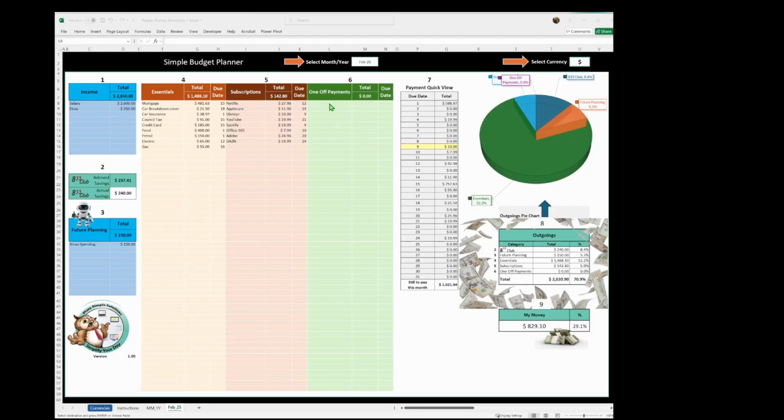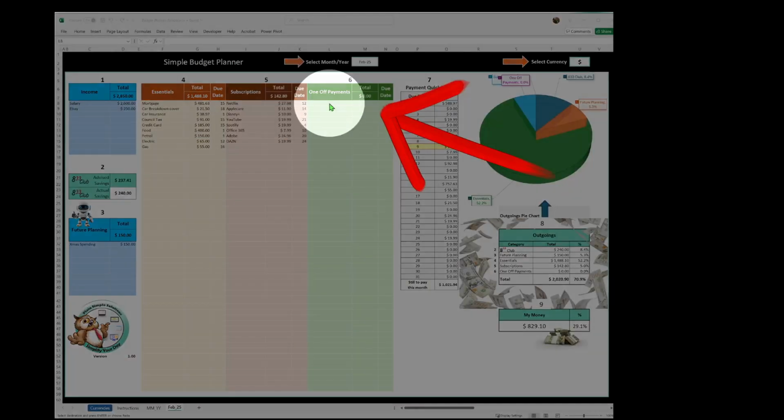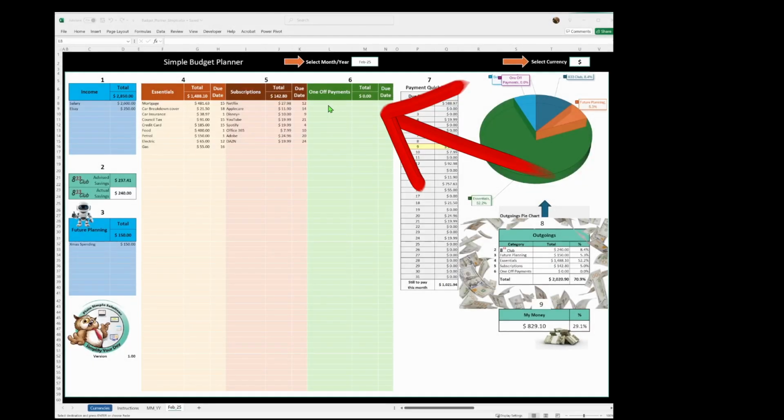The next section we're going to fill in is the one-off payments, and that's section number 6. Now, one-off payments are different from our 833 club savings and different from our future planning. They are all savings schemes where this one is a one-off payment that we know is due within this budget period, and it's not a recurring payment. So in this instance,